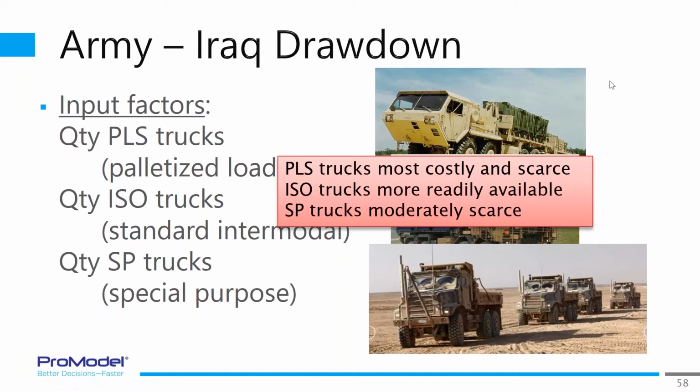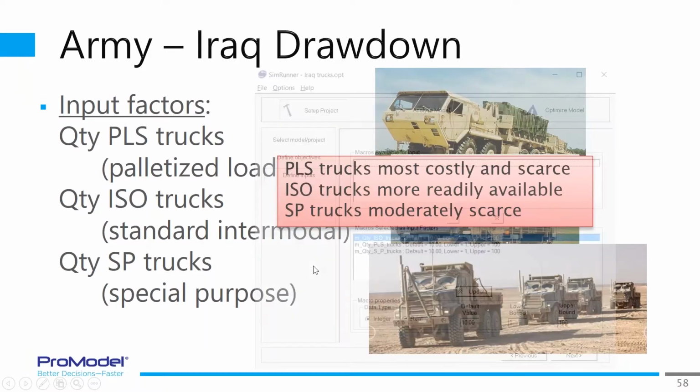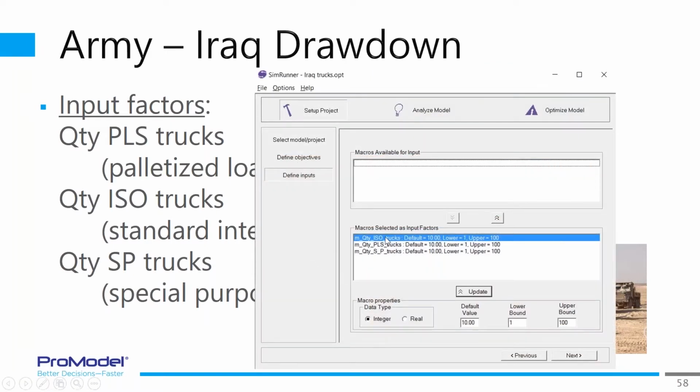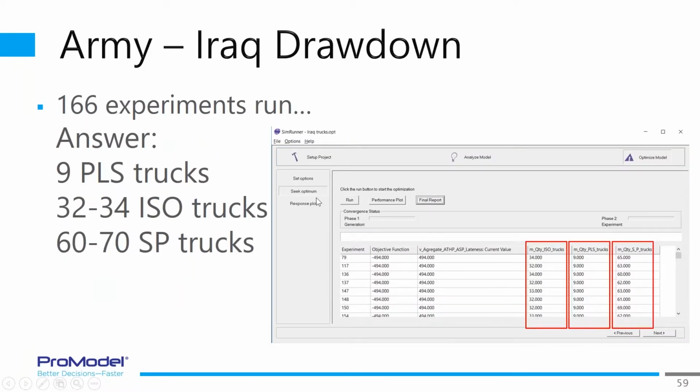Now, the PLS trucks are very costly and scarce. The ISO trucks are more readily available, and the SP are moderately scarce. So there was a standard simulation aspect of scarcity of items. So we had changeable parameters here with each of the 3 types of trucks within ranges. And the answer was that within an aggregate amount of lateness from the different types of storages out in the field, we yielded some range of